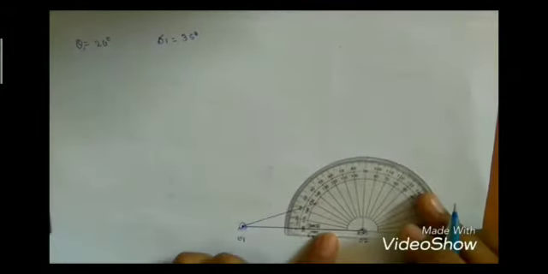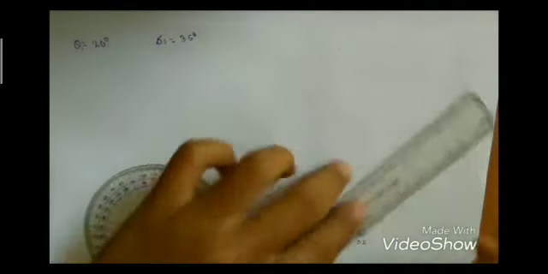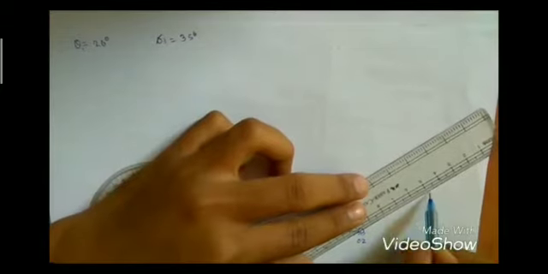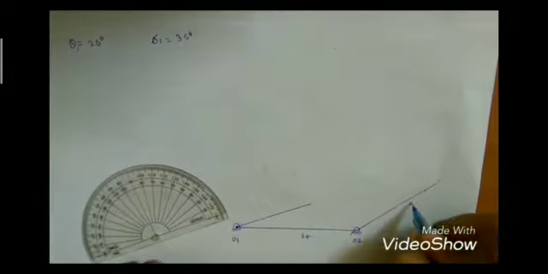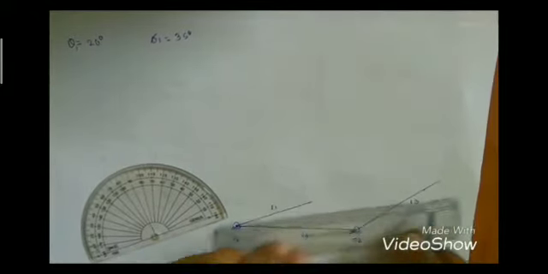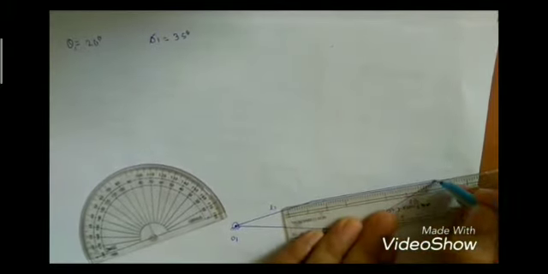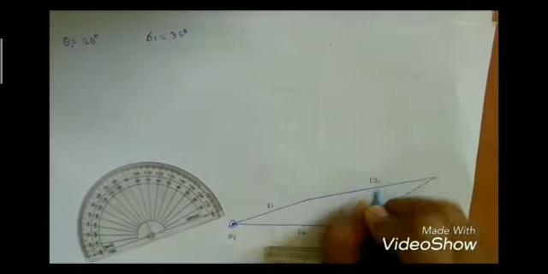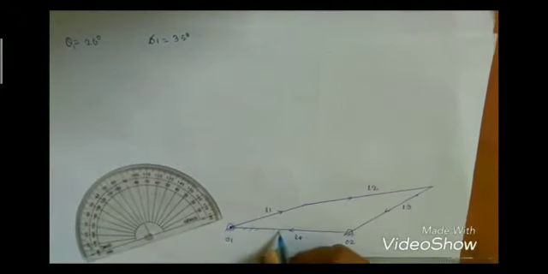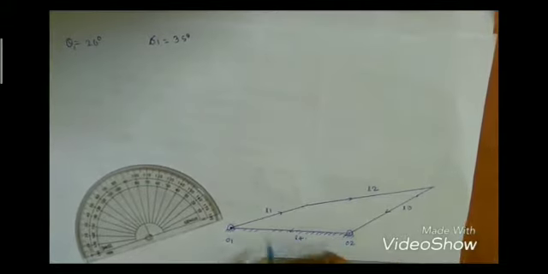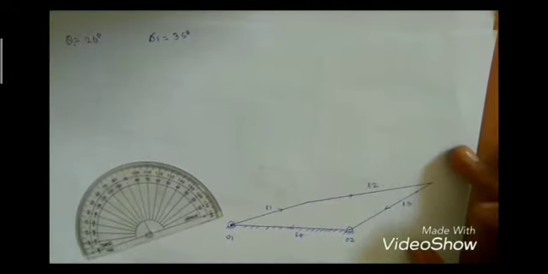From the length L4, the output link will be at 35 degrees. Mark the point of 35 degrees and draw a length L3 of suitable scale. So this will be L3 and this will be L1. Connecting the end points of L1 and L3 will be the coupler link L2, and we can give the directions in this manner. This will be the fixed link which can be shown with hatchings. So this is how you synthesize a mechanism in the first position.